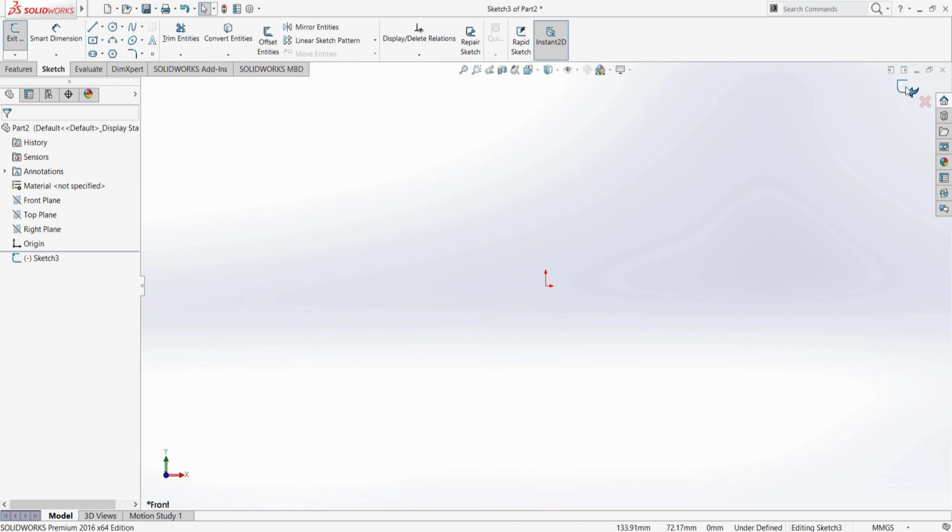These icons here mean exit sketch. I can exit my sketch from here as well. If you press this red icon here, you can discard your sketch. Another way that I can enter the editing sketch mode: press exit sketch,